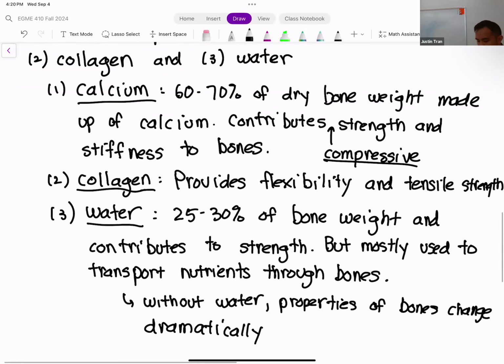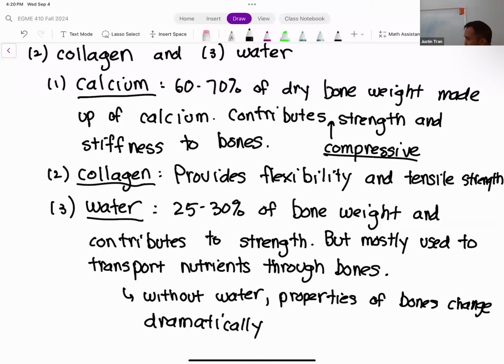Right. Because without the water, the collagen isn't really able to do its thing, and the calcium gets stuck and dry and brittle. So without water, your bones actually get a lot weaker. And so